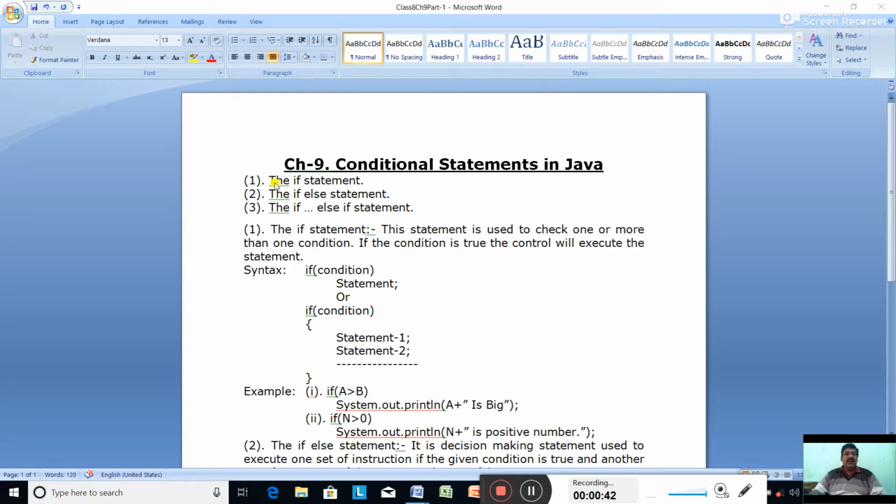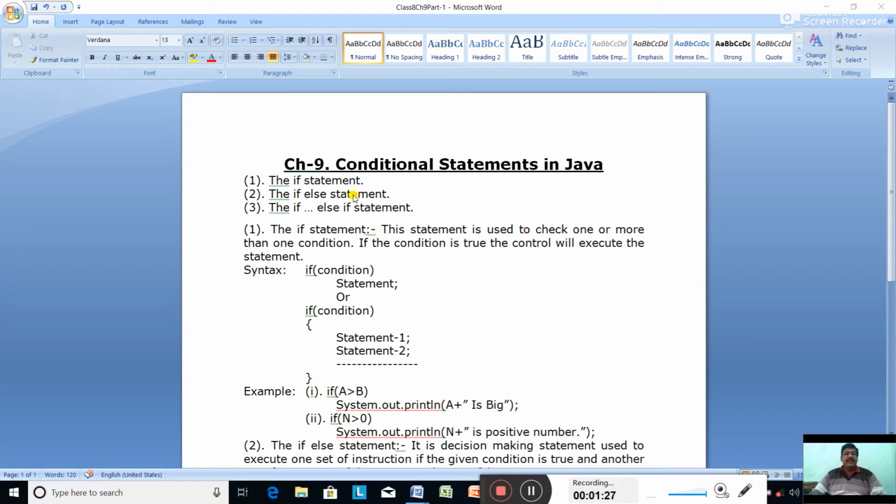See, the if statement is used to check a condition, and if the condition is true, then the following statements will be executed. If condition is false, nothing will be executed. In if else statement, it checks a condition. If the condition is true, it executes the first part, that is the statements followed by if statement, statement 1. And if condition is false, then it will execute the else part. The statement after else will be executed. So in the first if statement, if condition is false, nothing is executed, nothing is performed.